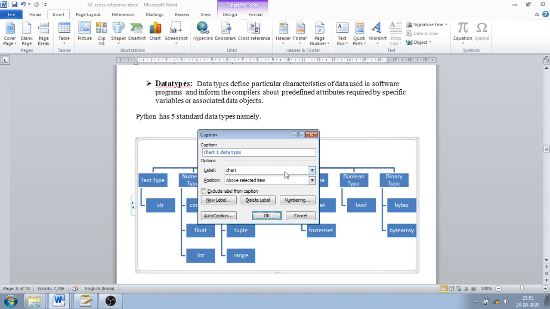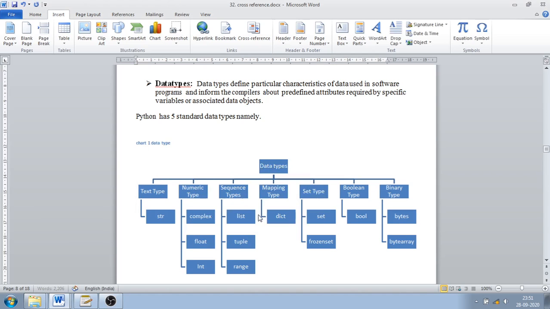If you don't find your option in labels, you can also create your own label from here. But I already have a chart option there, so select it and click OK. Now that caption is created over here.